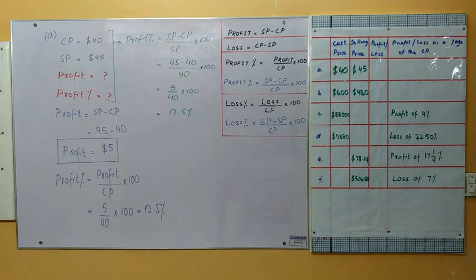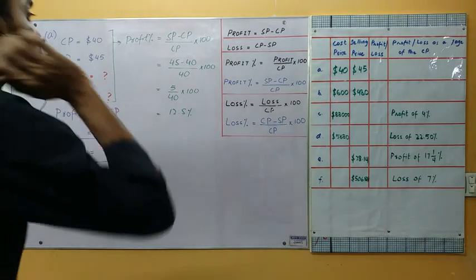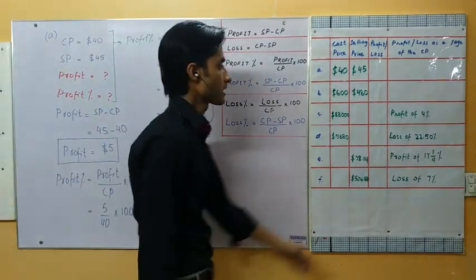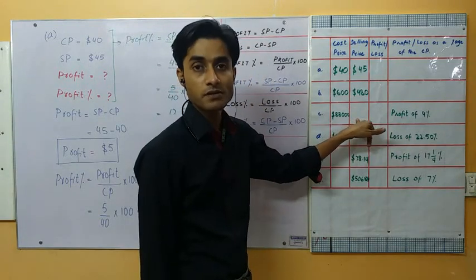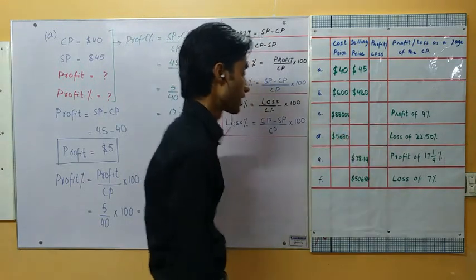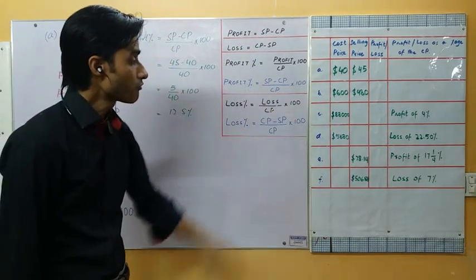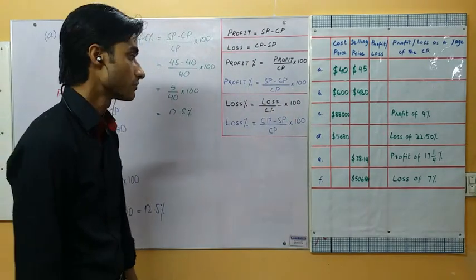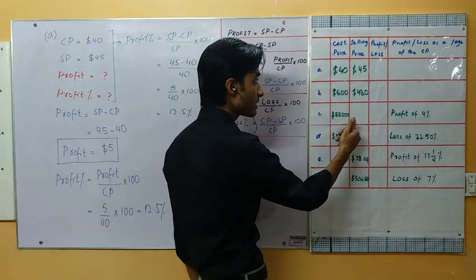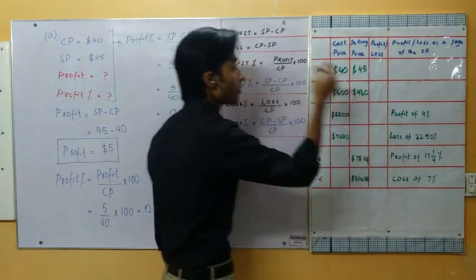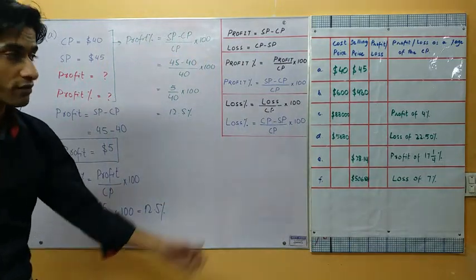So that certainly means that if I have made a profit of 4%, then definitely I have made a profit here. Okay. So this is profit that I have to find out, and this definitely is the selling price that I have to calculate. In this case, the first thing that we have to decide, what can I find out first? Can I find out selling price, or can I find out profit or loss with the amount of information